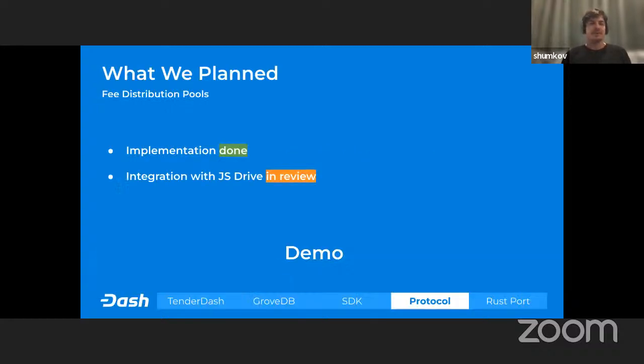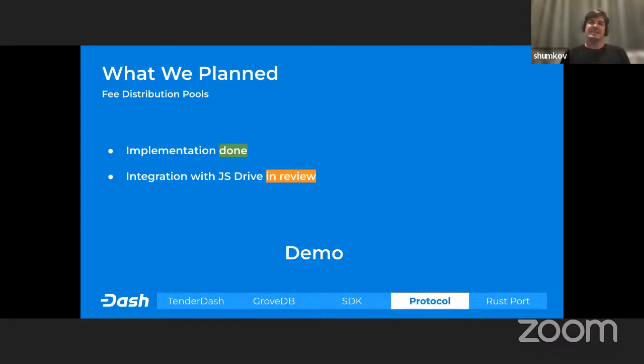Yeah, so it is about the fee pools. We finally accomplished implementation today. It took pretty long because we introduced an additional layer to the RS drive. We call it execution at this moment, and it contains logic that mimics the ABCI application logic we already have in JS drive.